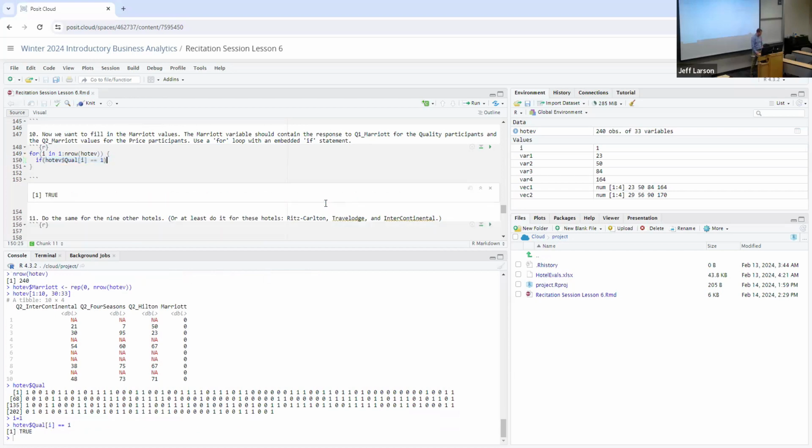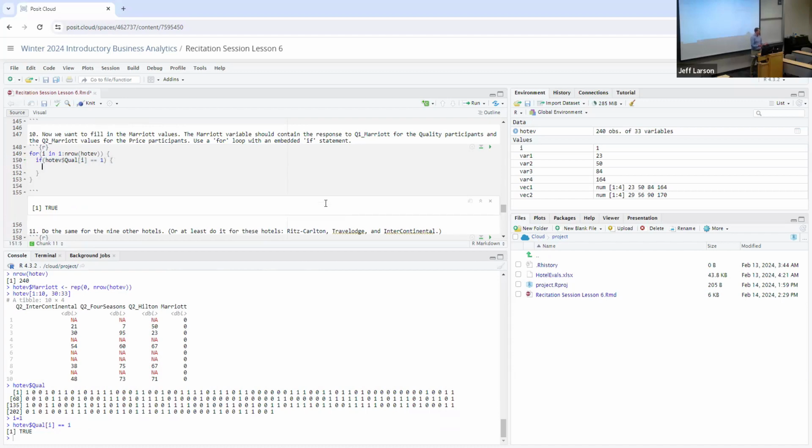Happens to evaluate as true. Okay, so if it's true, what do I want to do? If it's true, that means this person was in the quality condition, which means the Marriott rating is found in Q1_Marriott. And I want to place that value in the Marriott variable, which means I want hotev$Marriott, my new variable that's all zeros right now. I'm going to fill it in